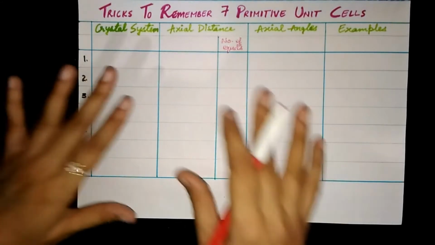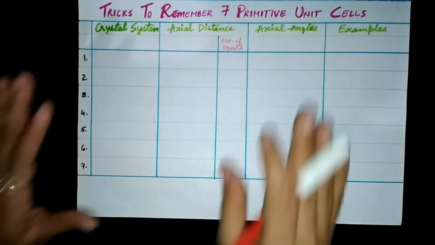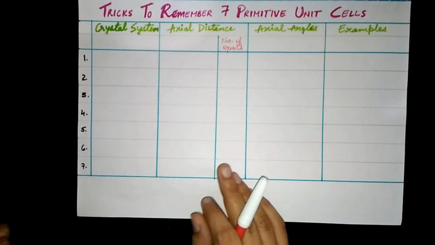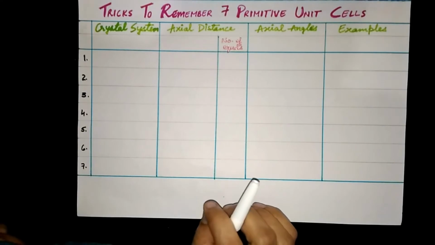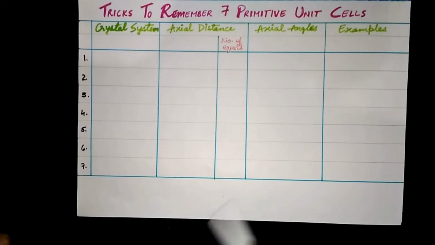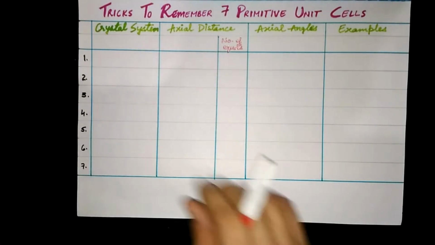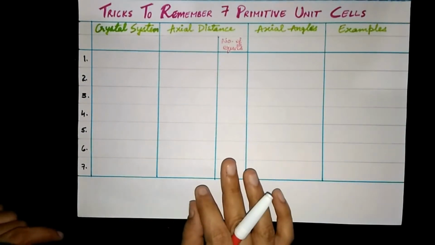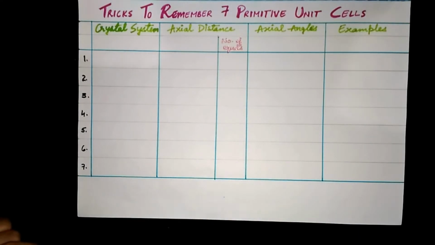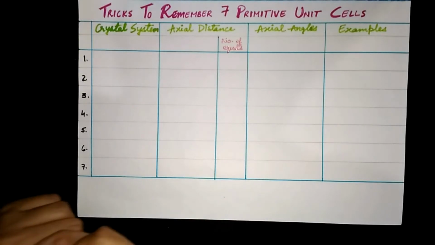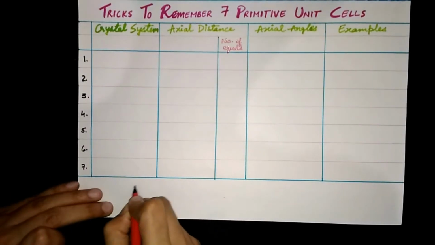Before starting to fill this table, let me tell you the trick first. From the trick we will come to our crystal systems. One more important thing: you must know the names of the different crystal systems, because if you do not know the names, you can't remember this trick. I hope this trick will help you remember the names too if you forget them. So the trick is: